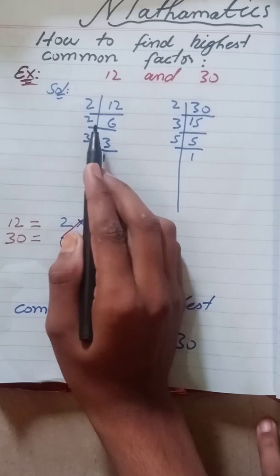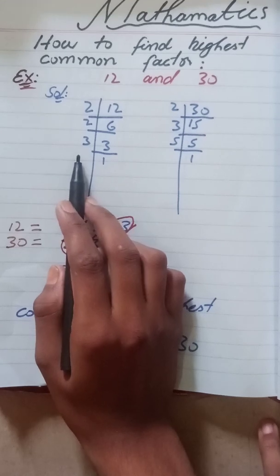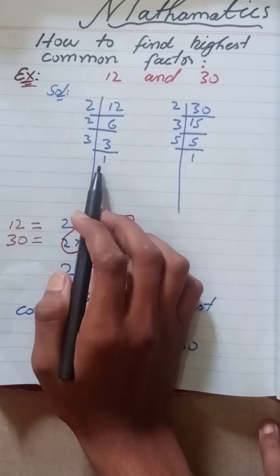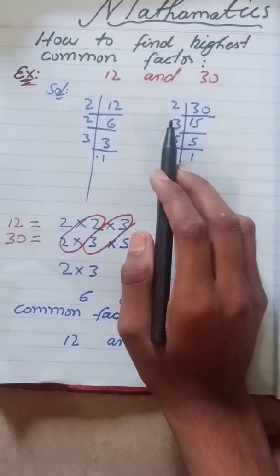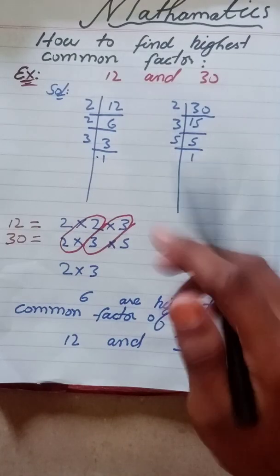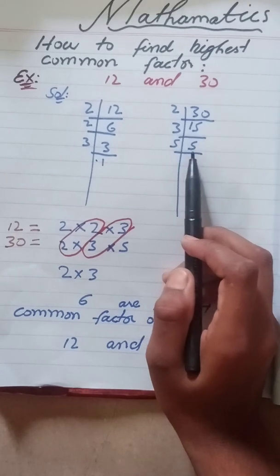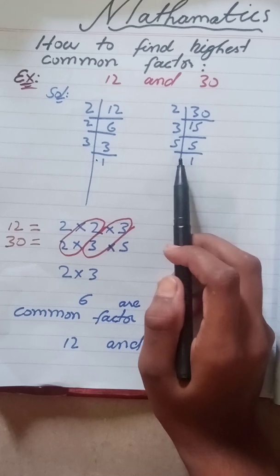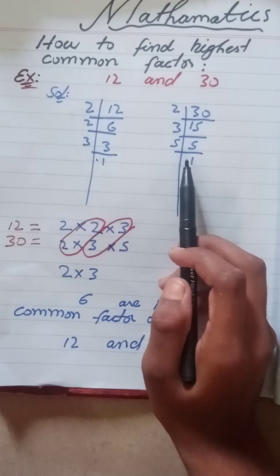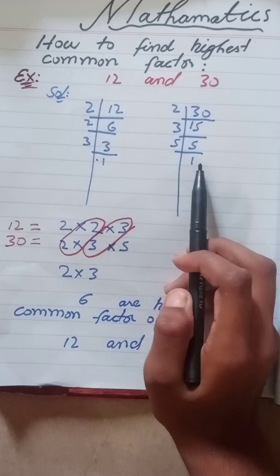Now I have 2 6 12 and 2 3 6, and in the second, after 2, there is the table of 3: 3 1 3. Now I have chosen 30. 30 divided by 2 is 15, then 3 5 3 is 15. Now I have chosen the table of 5, and there are no more tables useful for 5, so I have used the table of 5 on itself. Now 5 1 is 5.